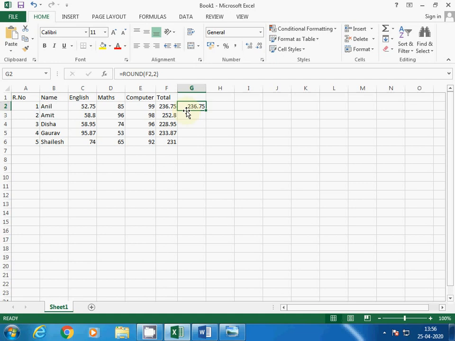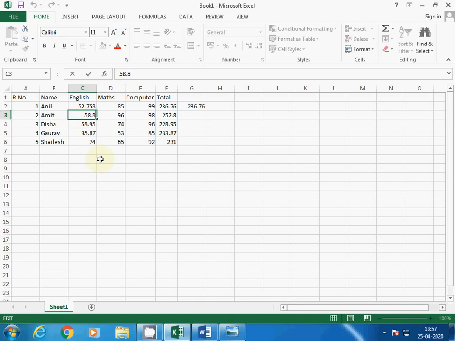Now what is round generally doing? Round rounds the value in your cell to the nearest integer. Suppose your value is 7.5, then it may be converted to 8. Suppose here the value is coming like 75.8. So 8 falls in 5 to 9, so that value will be changed; it comes as 76 in the round form.